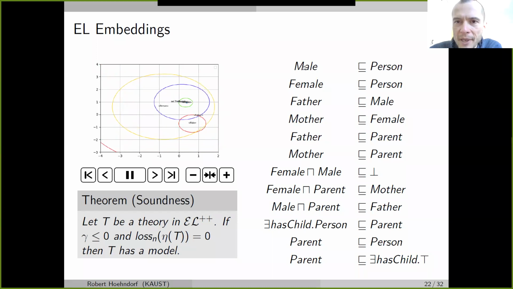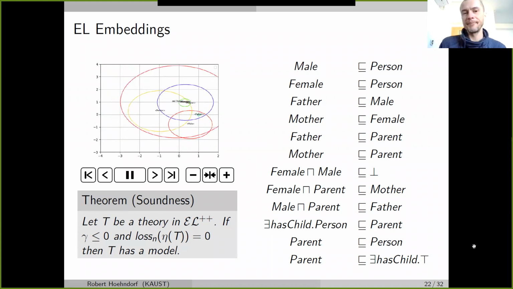You'll see that the first axiom is male is a subclass of person. So you'll see how this optimization pushes this male concept, this male ball, into the person ball. And the same thing happens for mother and for female as well, it's just a little bit cluttered here. Then you have father, which overlaps with male as well. You'll see this tiny little circle for father, which lies in person, and it lies in male. It moves around, so you have to watch it at the very beginning as well.